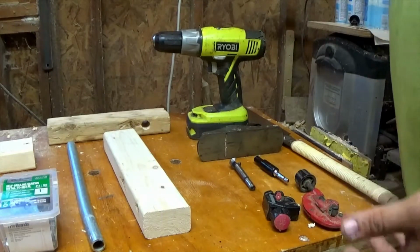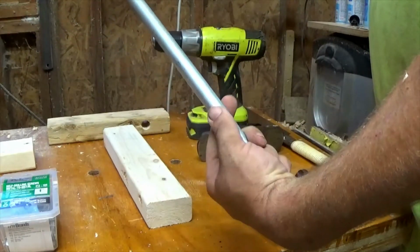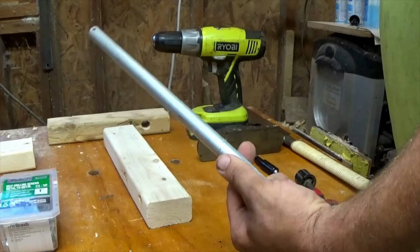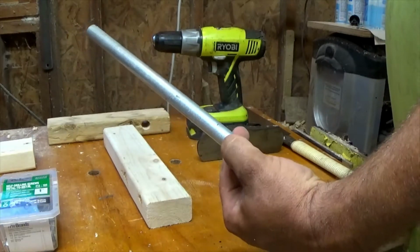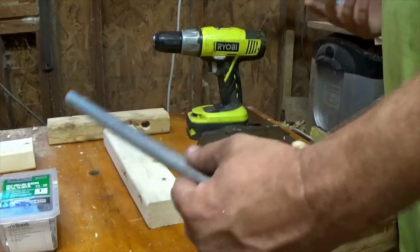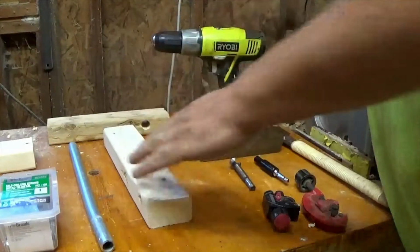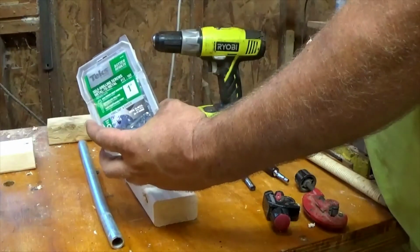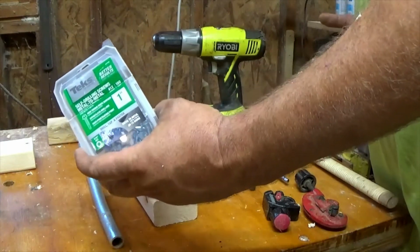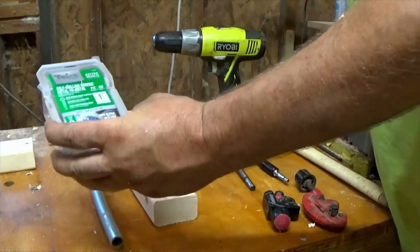You're also going to need some electrical conduit. This is available at the home store for around $3 for a 10-foot joint. You can get them in 5-foot pieces. They're going to be a little more expensive per foot that way, but if you don't need that much, you can go ahead and get that. You'll need some screws for attaching, more than likely screws or a bolt. You're going to want a mechanical fastener, because anything like epoxy is probably going to just pound out